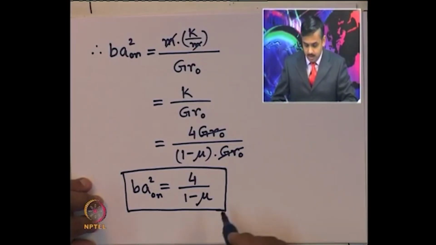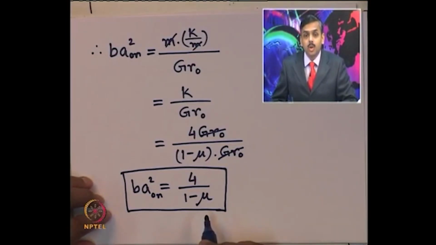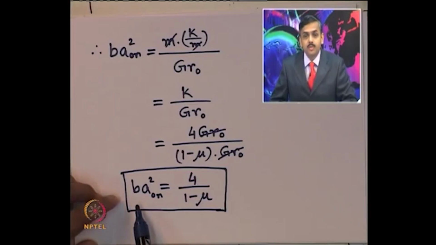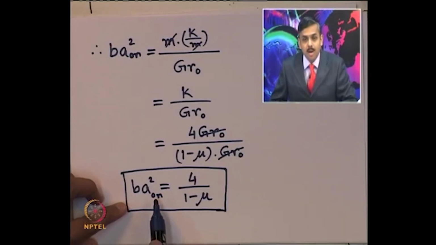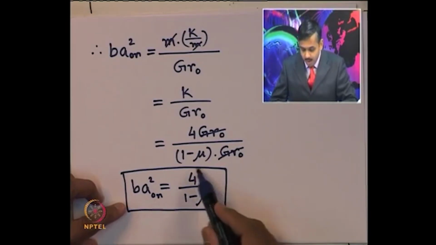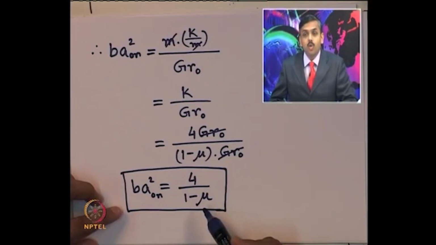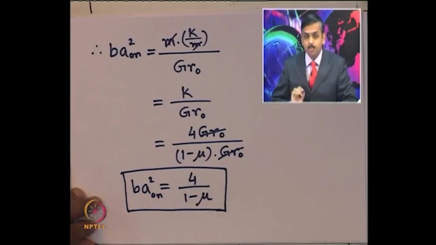This is a very good expression which shows that the product of this non-dimensional mass ratio and the square of the non-dimensional frequency parameter is dependent on the soil property only, and that too on the Poisson's ratio of the soil,